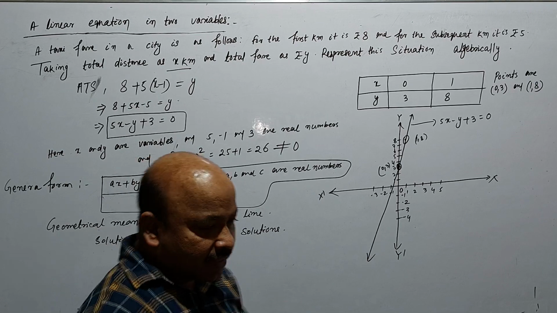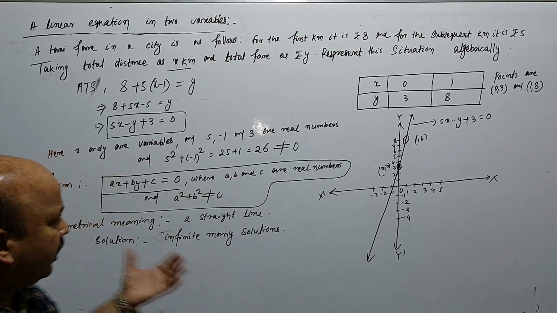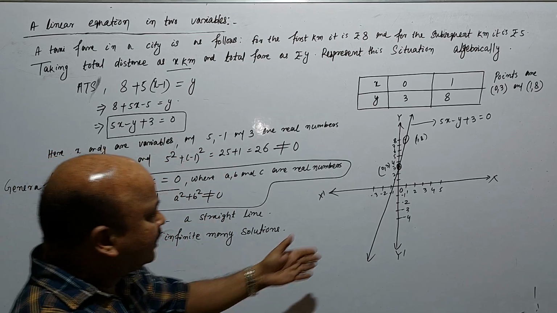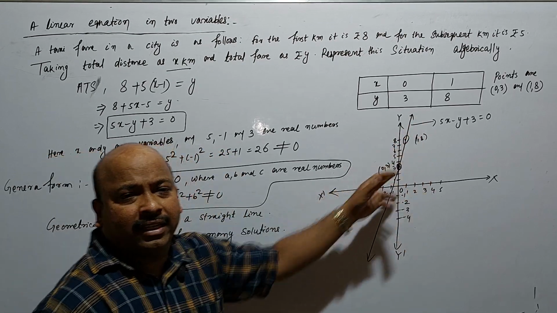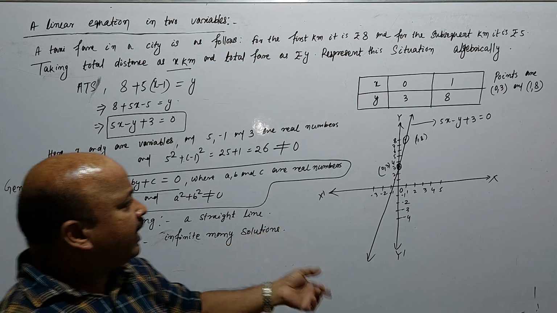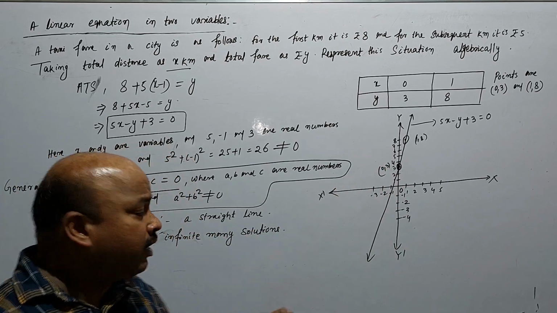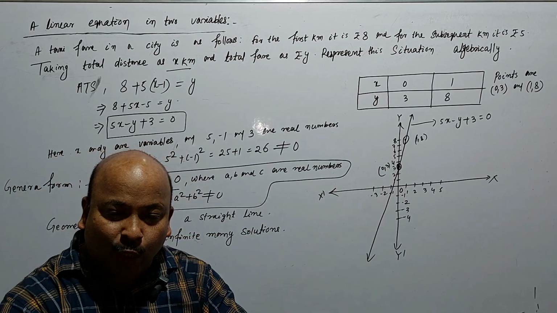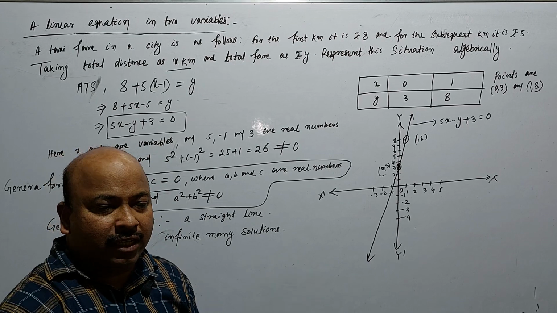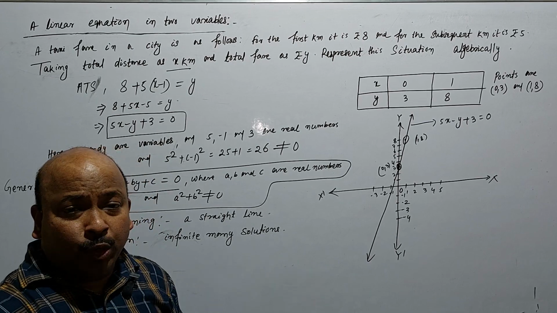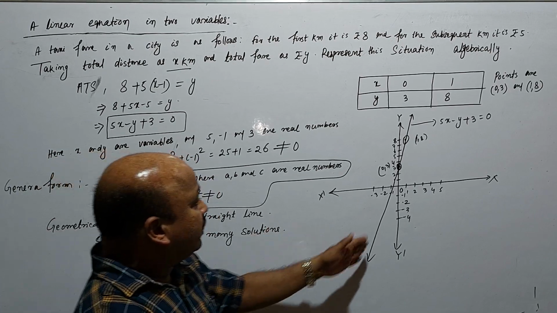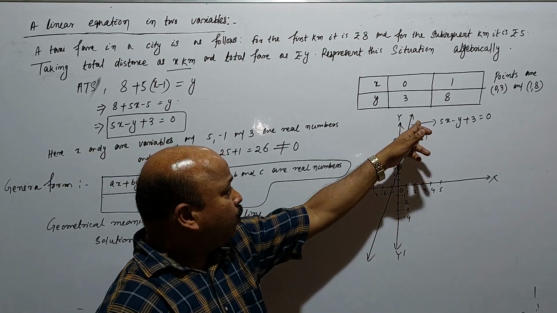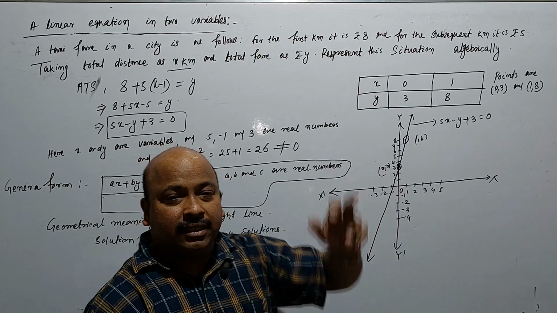Okay, students. Actually this is only one straight line. The geometrical meaning is only a straight line, and it has infinitely many solutions, and that is the conclusion. After that, it finishes. But if we have two such lines, then